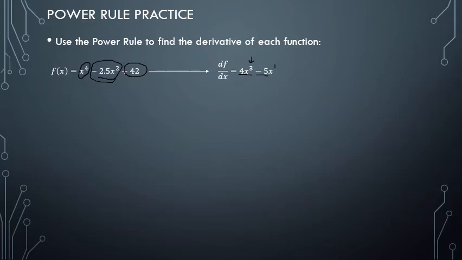So when you take the derivative with respect to x, it just goes away. The 42 will just disappear because it doesn't have an x to keep it in the ball game, if you want to think of it that way. So your answer there should have been that the derivative with respect to x is 4 times x cubed minus 5x. This next one involves